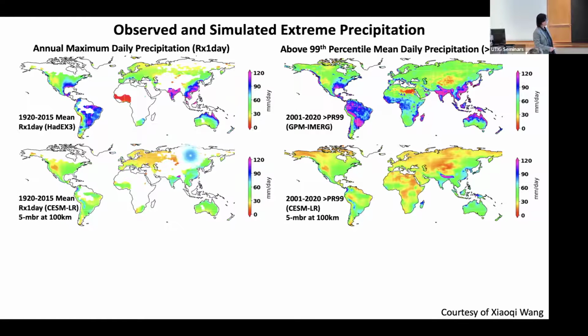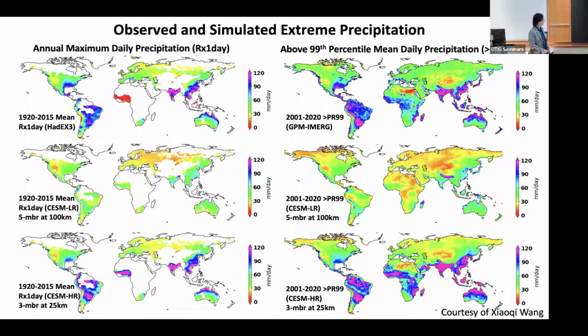And you can see the low resolution model basically missed lots of the extreme precipitation, not much precipitation. And this is what happened if you look at the high resolution model. The high resolution model is doing a much better job. To some extent, it's actually doing perhaps a little bit too much, but we're capturing many of the spatial distributions of extreme precipitation. So I'm going to zoom in to the CONUS region over the US, right?